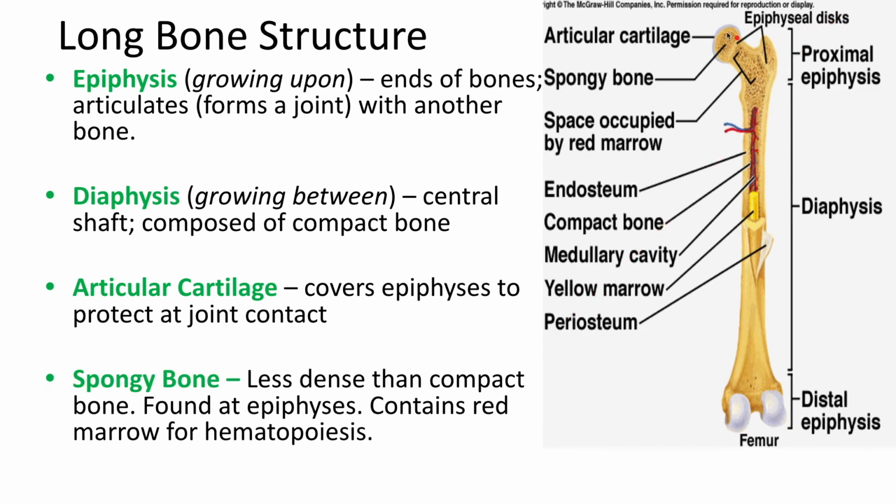And spongy bone, like I said before, is the majority of which is usually located in the epiphyses. And so up here we have these speckled hollow sections, and that's where the spongy bone likes to make its home. Spongy bone is less dense than the compact bone, which we'll get to in the next slide. Yes, we will. And this is where the red marrow likes to house itself for that hematopoiesis, as well as all the other types of poieses that happen inside the bones. They tend to happen at the proximal heads of the femurs, as well as in a lot of locations inside your hip girdle. Those bones, whether it's the ilium